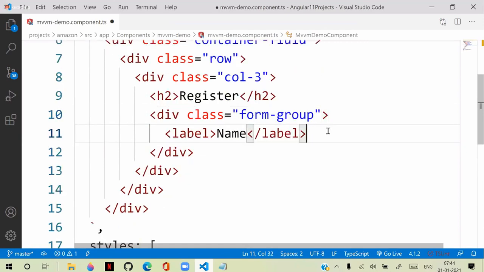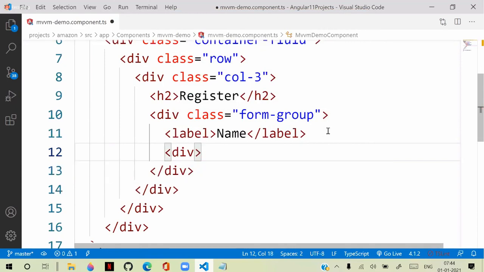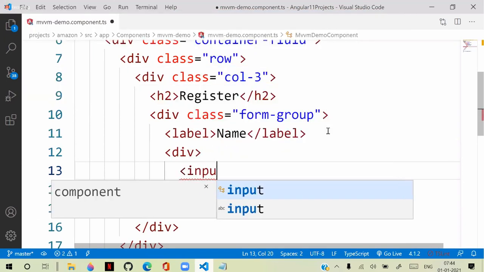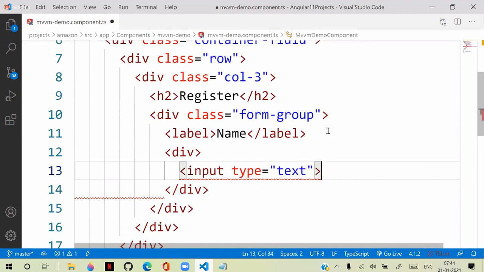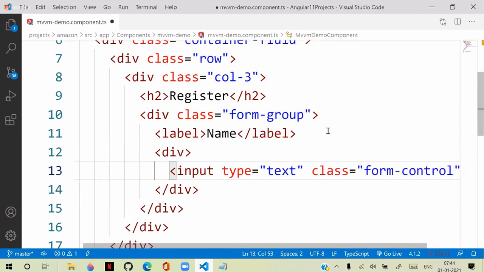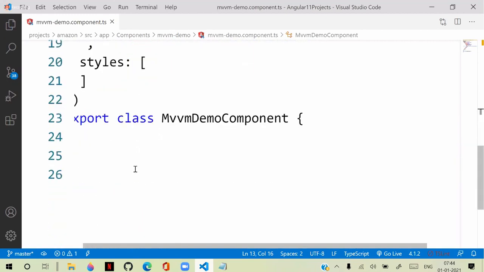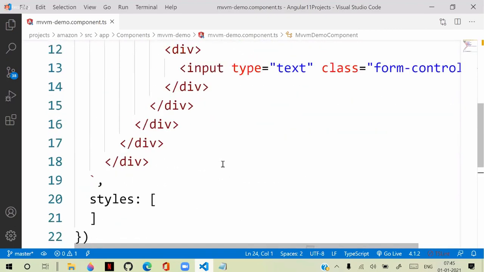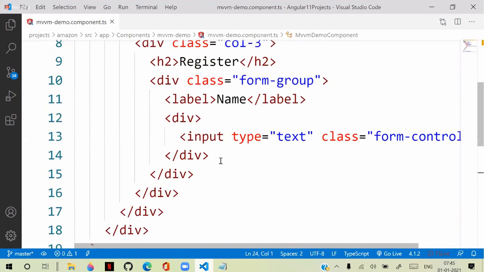Now here important is we are defining a text box. So that text box, input type is equal to text. Earlier, it is having class form-control. Previously, this text box will have a reference inside the controller, and that reference is attached to this text box. It gets the reference from that and it stores in controller. But in MVVM, everything is managed in the view only.